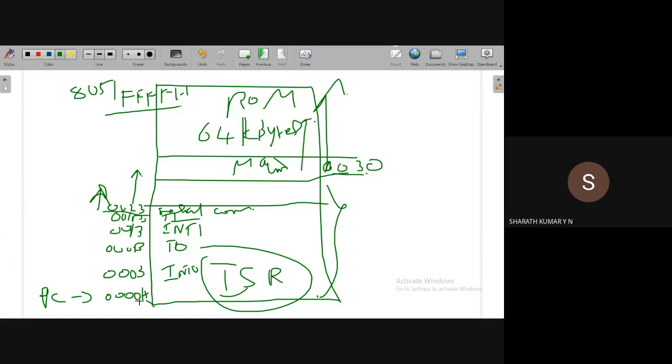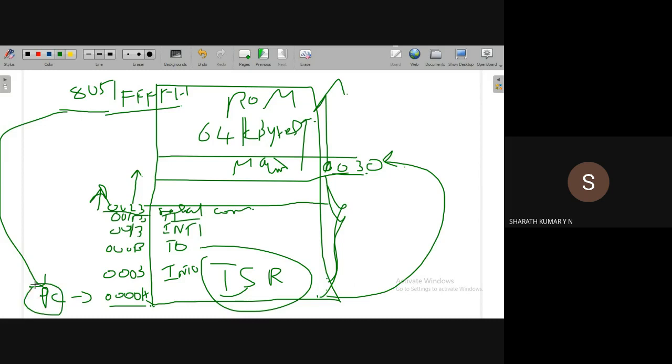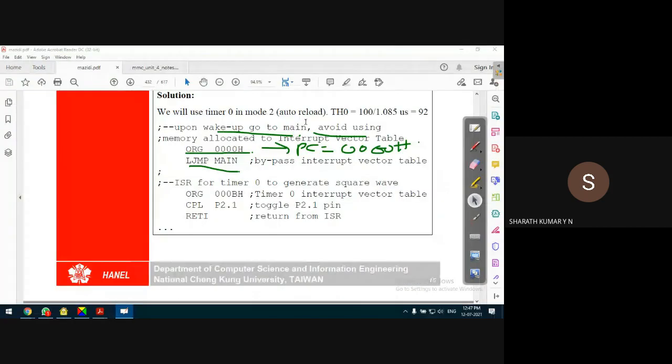This means when the microcontroller is reset, it points to 0000H, where we cannot store the main program because we have to store only the ISR. We have to take a jump to some address. How do we force the PC to change to this address? By using a jump instruction, because jump is the only instruction which can change the content of the PC. Here the author has used a long jump instruction, LJMP. We jump to the main program.